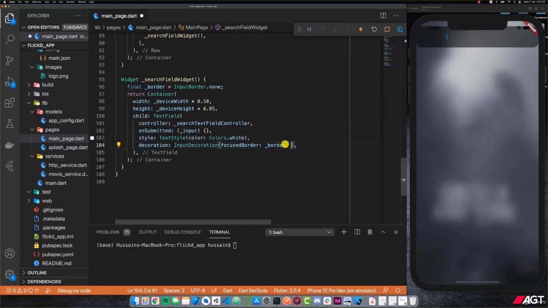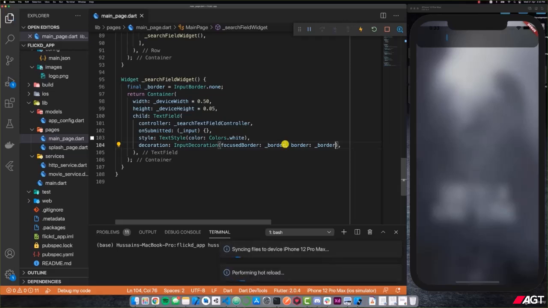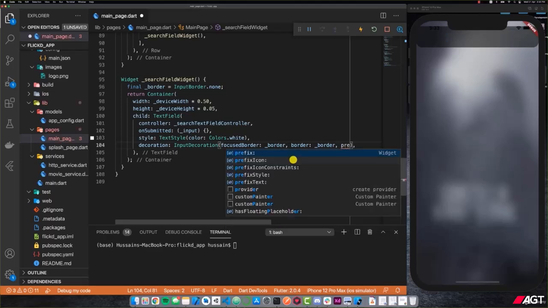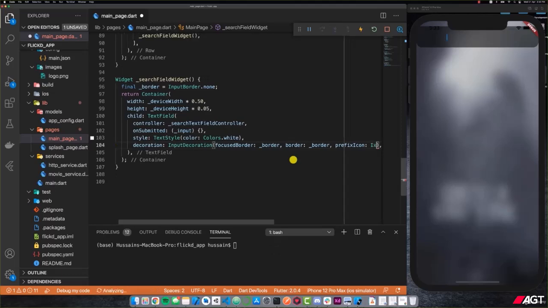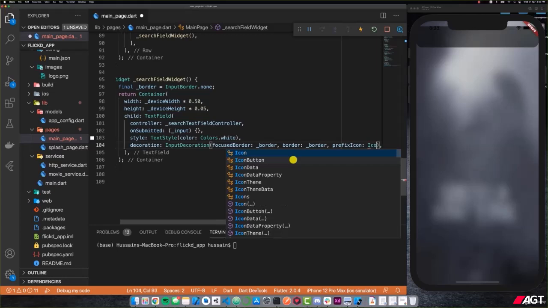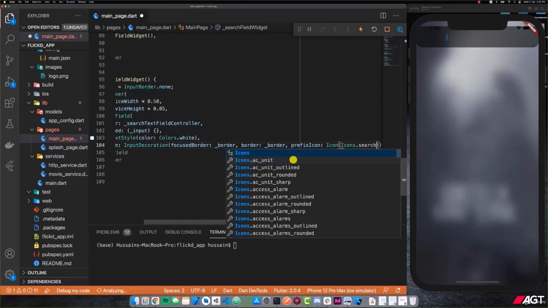The next thing is going to be the border attribute, and that is going to be the border variable as well, because we don't want a focused border and we don't want an actual border either. After that, we'll have a prefixIcon. My computer is kind of getting slow suddenly. The prefixIcon is going to be an Icon widget, and this Icon widget is going to have Icons.search, and then a color